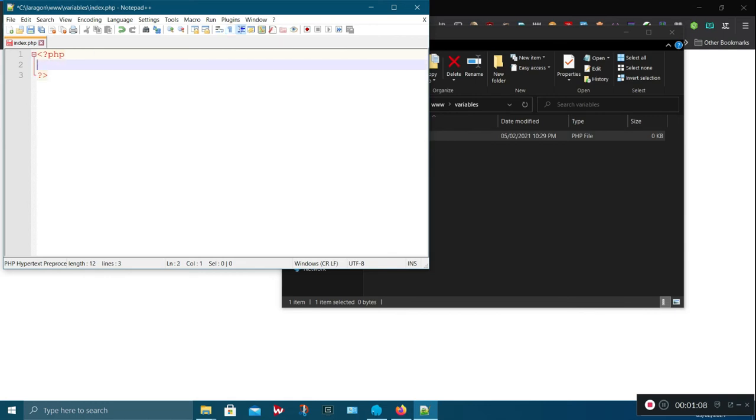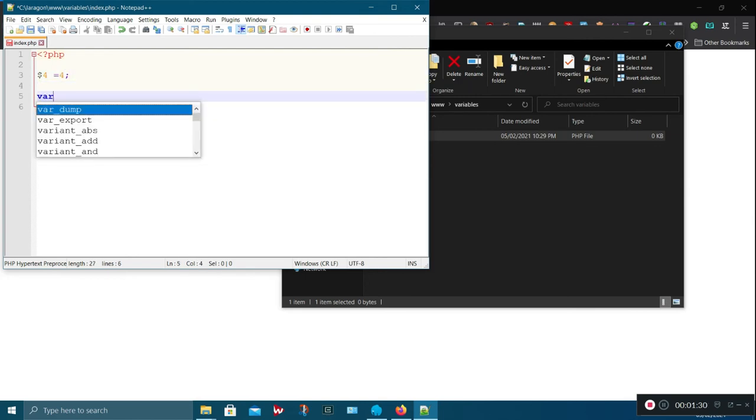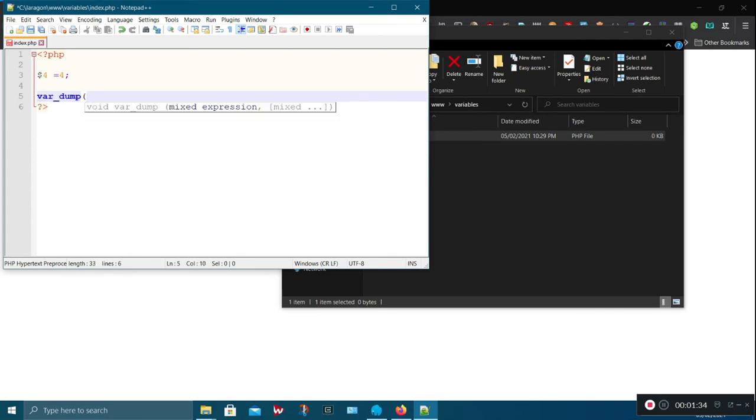And you can work. Now, variables in PHP always start with a dollar sign, and it does not take a number after the dollar sign. For example, let's say we do this, then we var_dump, which is going to give us the information about the variable and the data type associated with it.